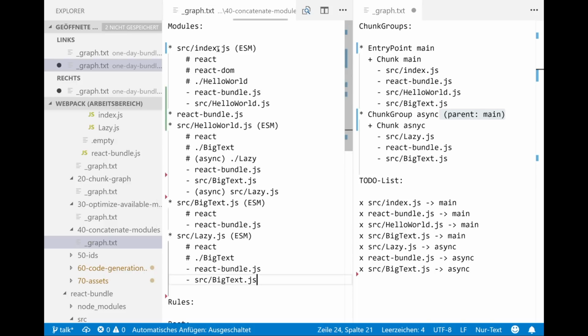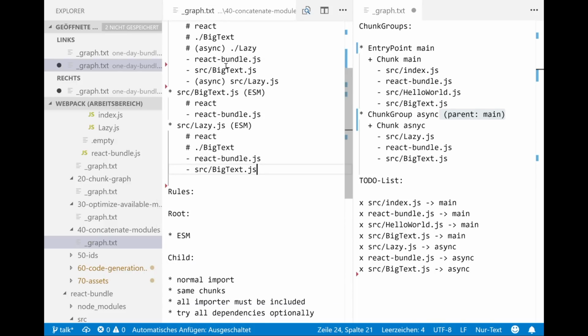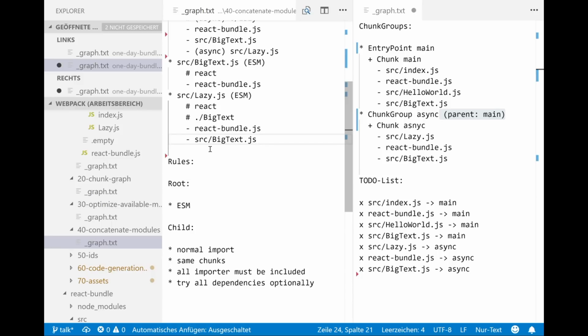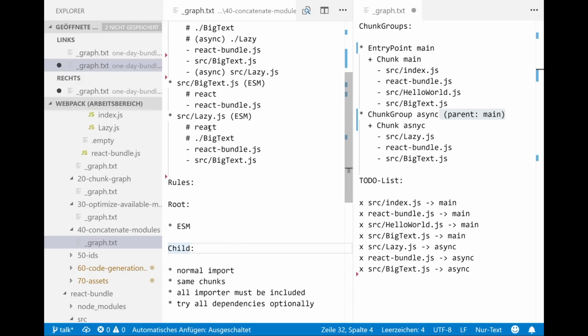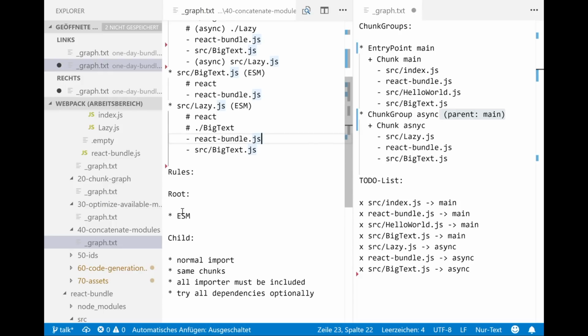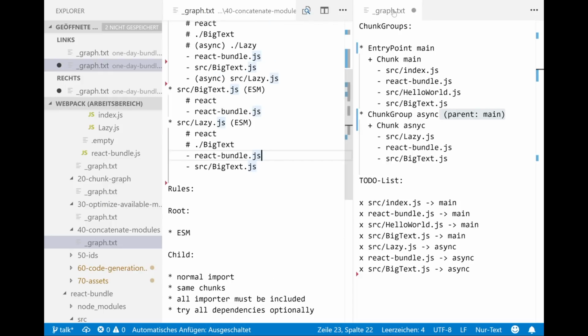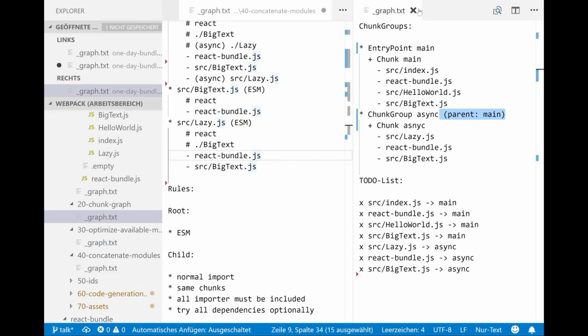we have some rules for when to scope hoist modules, and there are two kinds of rules. There are rules which are kind of the entry point for the scope hoisting, and there are rules for when a module can be a child of a root. So we start on the bottom because it's cooler.